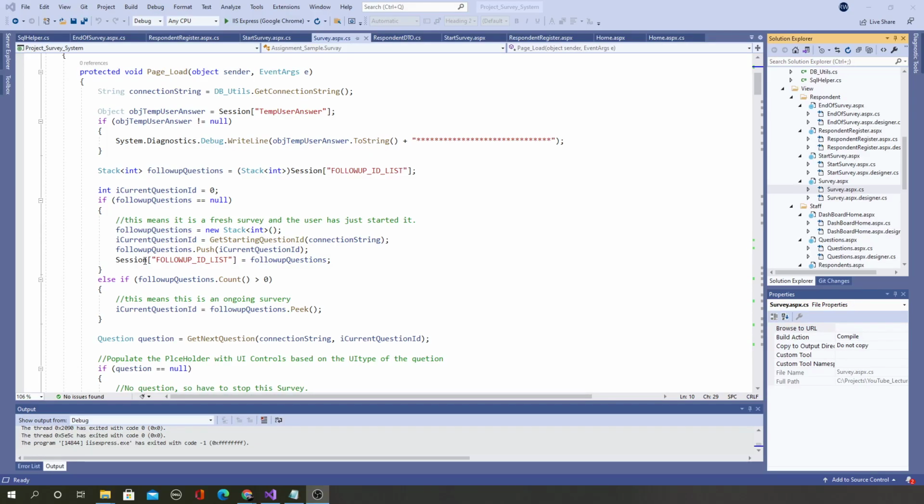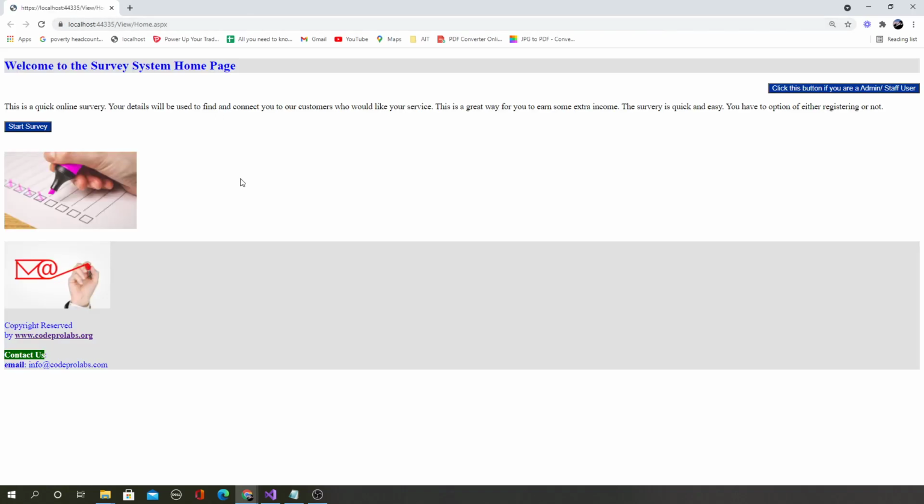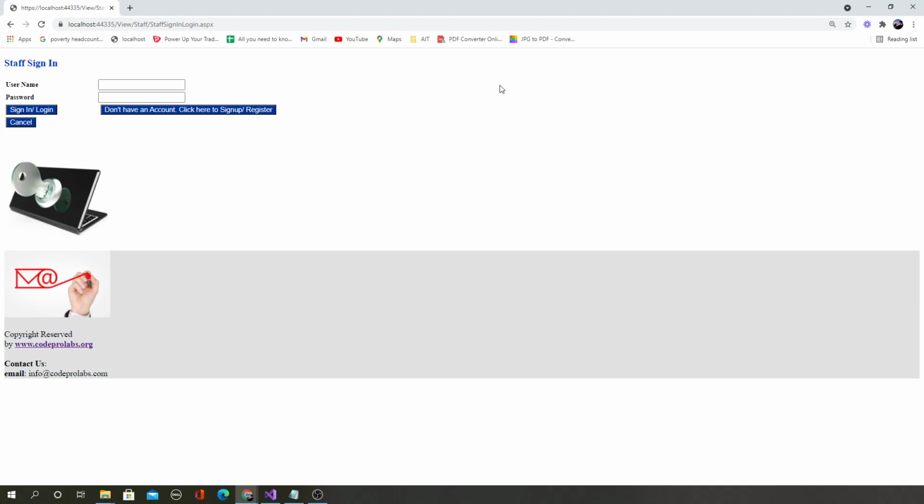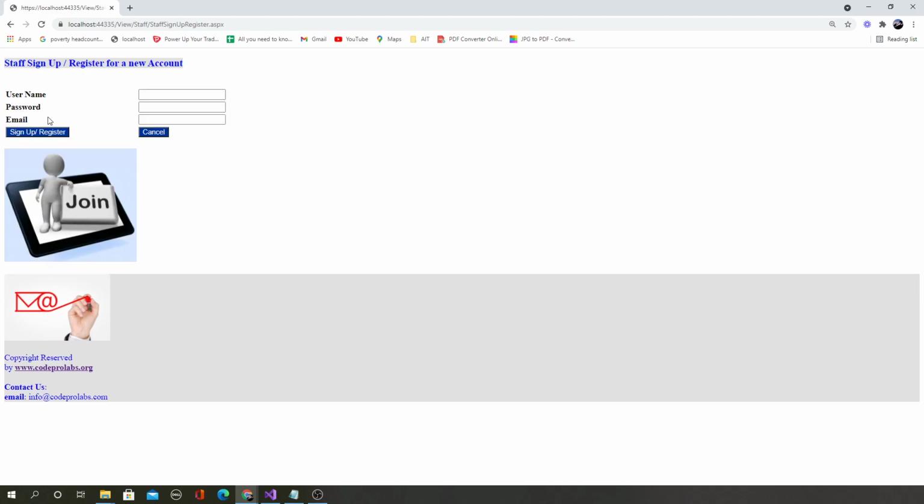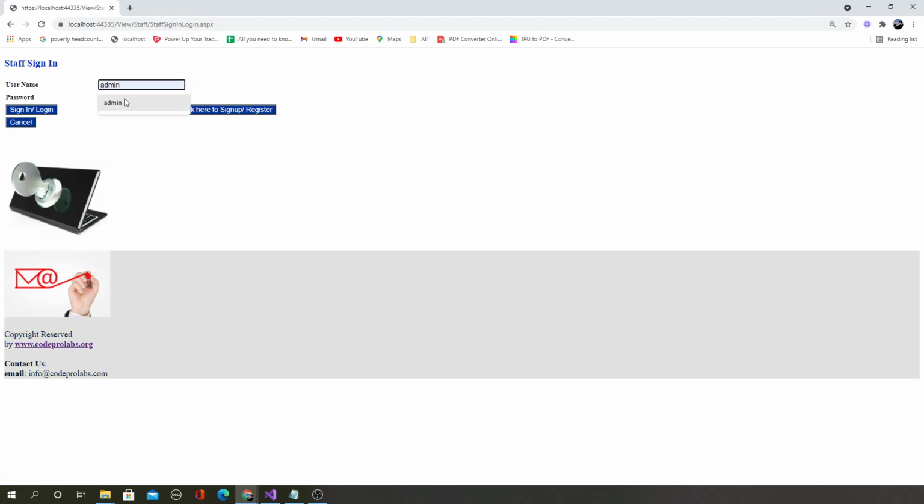Okay, so let's see the practical app you are going to develop at the end of these lessons. This is the source code you will be developing, and once you run it, you will see a web application. This is a survey system you are going to develop, a real world survey system, and this is a complete project where the admin can log in, can register if they want, or they can log in using their previous credentials.